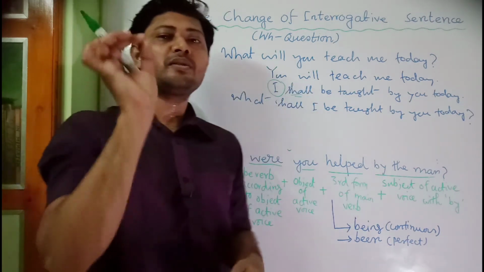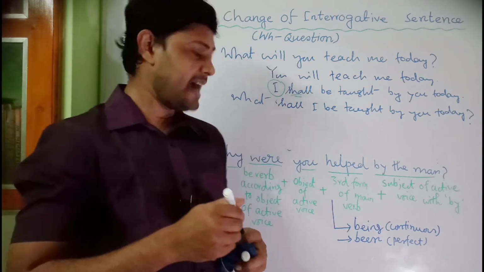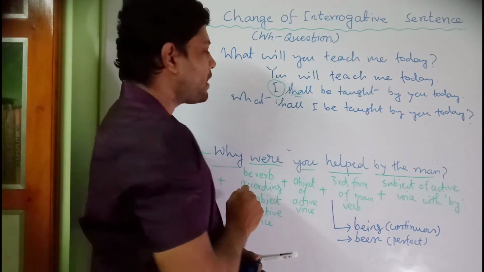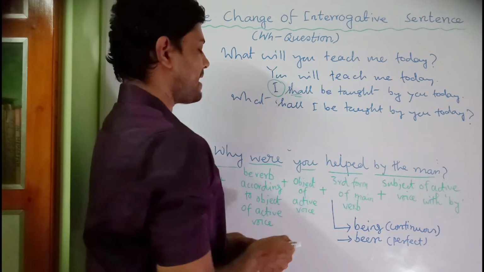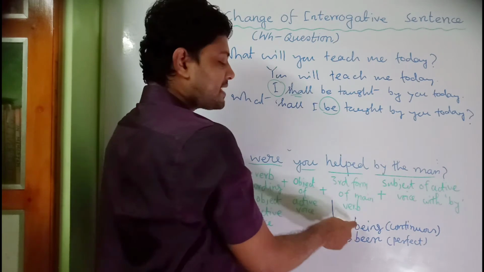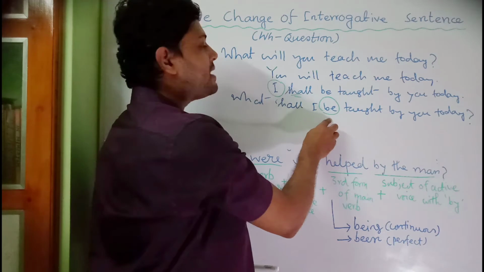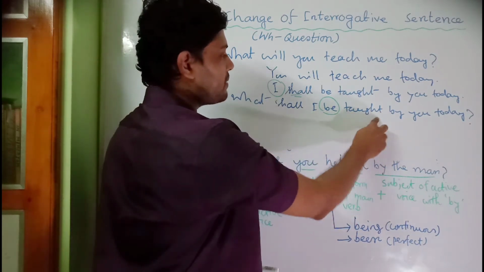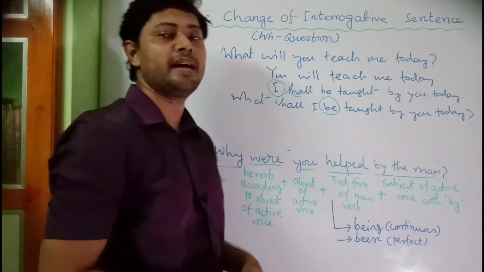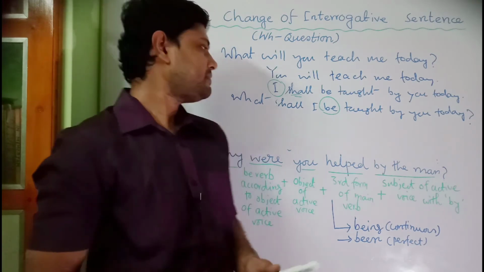We have to take care of it in case of shall and will only. Okay, in other cases the modal verb will remain unchanged, and then the object of the active voice. After that the word be will come, as in the case of present continuous tense being has come, for perfect tense been has come, for modal verb be will come. Then everything remains the same, the third form of the main verb. After that the subject of the active voice will become the object in the passive voice. Okay,